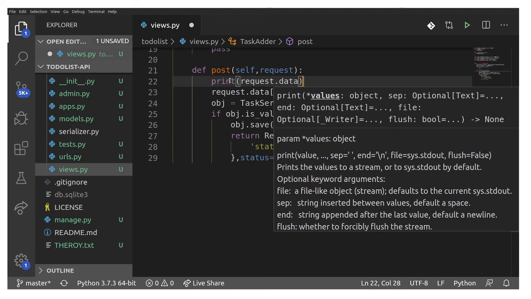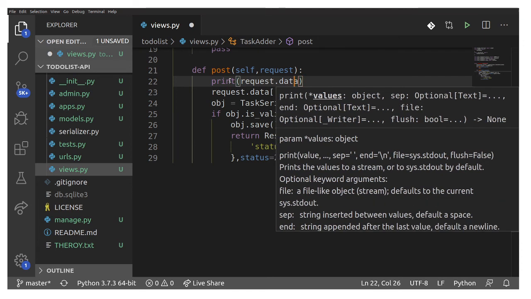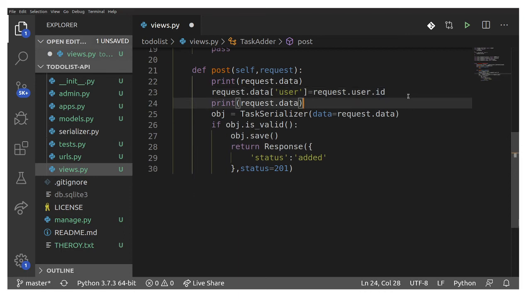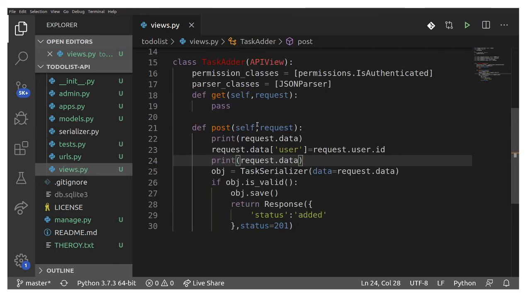Request.data. Okay, and I'm just going to print right after this also once. Okay, and so you'll be able to see that. Fine. Now the post request is done. Now the get request. So first user equals to